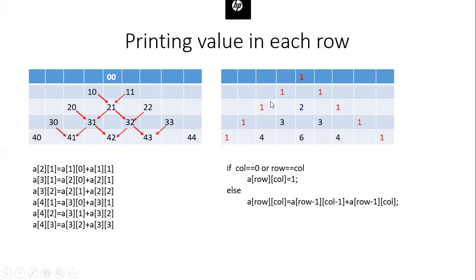So now if you look at this, in the outer part of the Pascal triangle, we have 1. So for printing 1, now the condition is if col is equal to 0 or row is equal to col, then you need to print 1 in those positions. So whatever I need to print, first I am storing it in the array, then I am going to print it. Since I want to store it in a 2D array, I need to give 2 dimensions. The first dimension is row index and the second dimension is column index. So in A of row col, you store the value of 1.